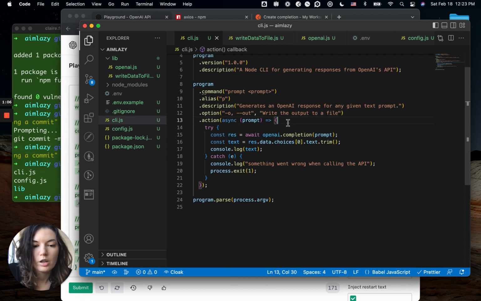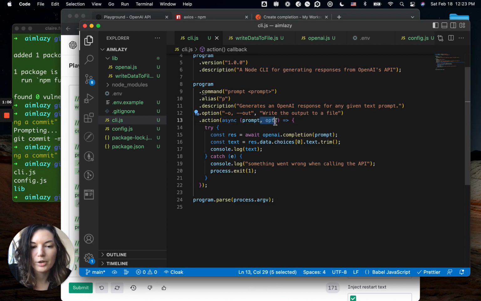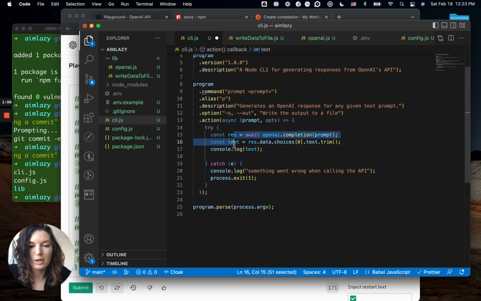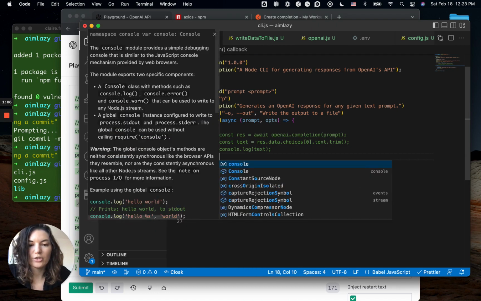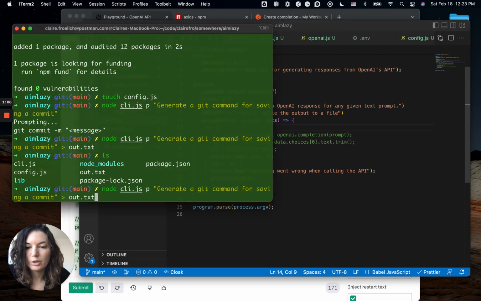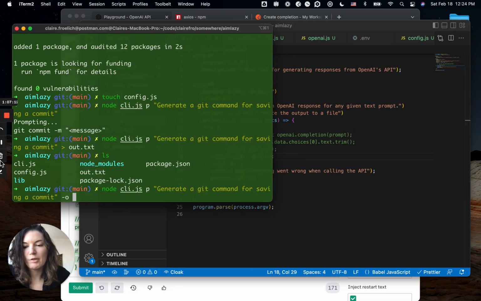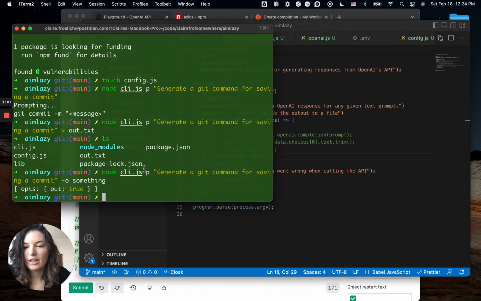write the output to a file. Okay, so far we only have the prompt, which is from here, but we can also get the options object back by the second parameter in our action. So for example, let's just try this. We're going to stop calling the API for a second. I'll comment that out. And instead, we're going to just log whatever options come back from our command. So here, we're going to make our command p and then some prompt, but we're going to add the dash o, which is the same thing as saying dash dash out, because we named it that. But I'll say dash o, and whatever we put after the o here is going to be something, right? So I'll type something, and you can see that it has